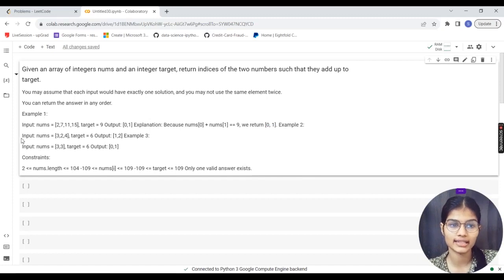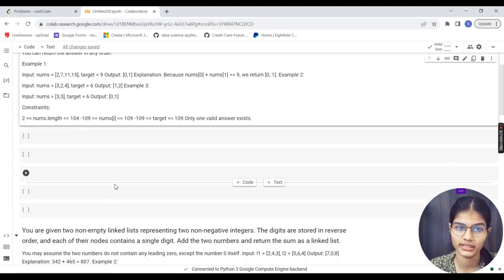In the same manner, second example, again the input numbers are let's say 3, 2 and 4. And the target is 6. This time it will be 4 plus 2. That will result in 6. So my output is going to be 1, 2, meaning the first index and the second index. So you add the first and the second index and you will get the respective target. This is what the question is all about, okay? And on LeetCode, this question is rated as medium level. So the difficulty level for this question is medium.